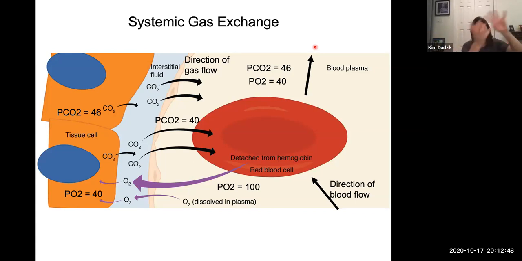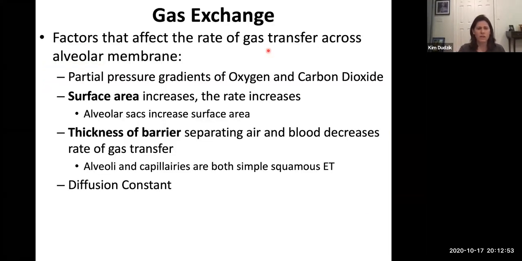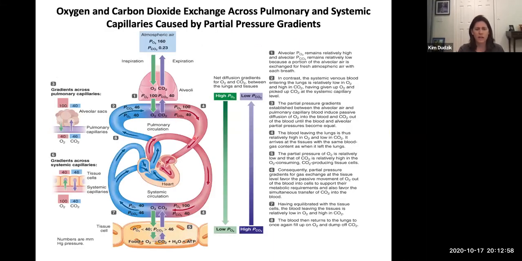Now you have to imagine the blood is flowing around and coming to, let me show you back here. We just saw what happens here, and you see those numbers. Now we're going around the left side, into the systemic circuit, and you can see that the arteries are bringing the blood that just came from the lungs. The partial pressure of oxygen as it comes into the capillaries of our different organs is about 100, and the partial pressure of CO2 is about 40.